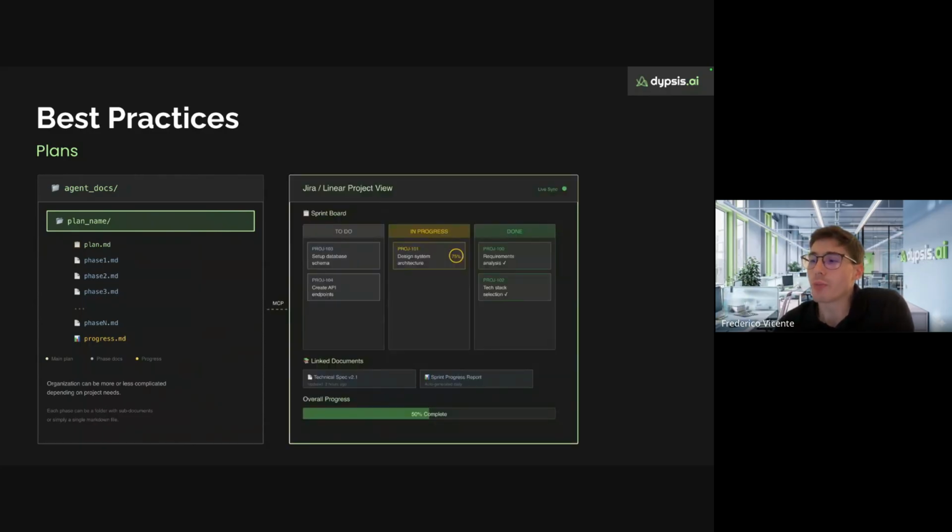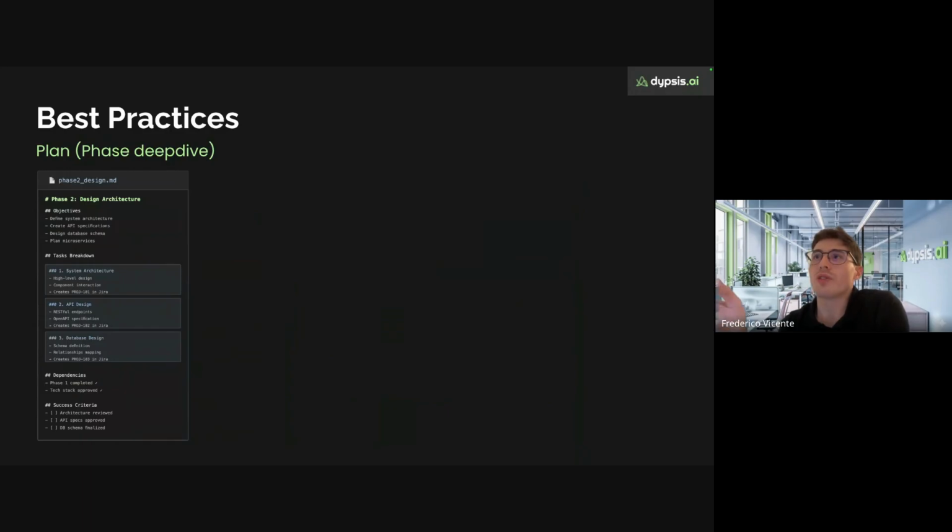And following best practices, if you are already working with Jira or Linear, you can have an MCP connection with these services so that the agent and the tickets on Jira or Linear are always up to date, and the visibility of the system is known by all the people on your team, and even documentation and so on is always up to date. This is the way you can get the most out of these systems.